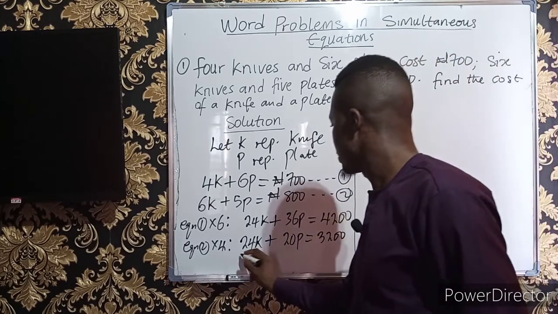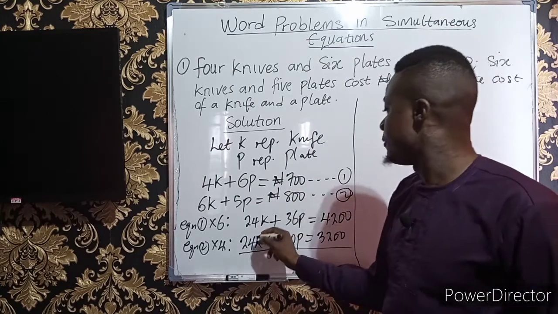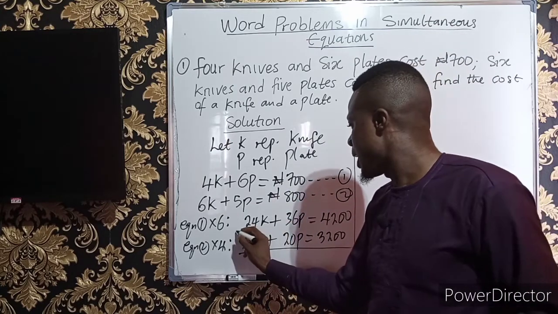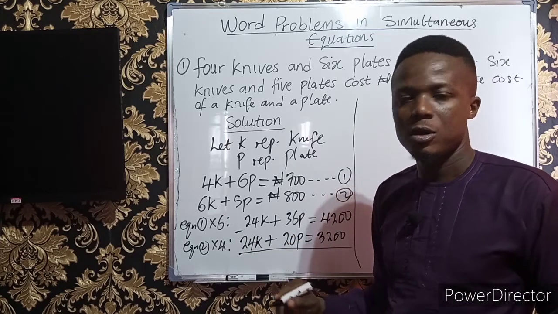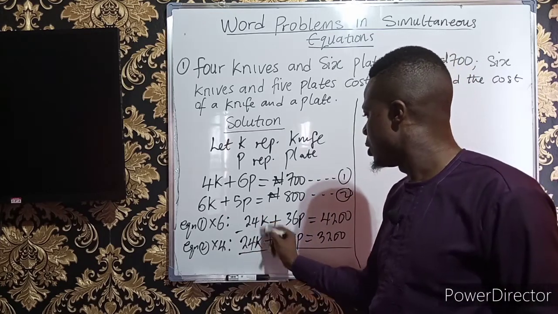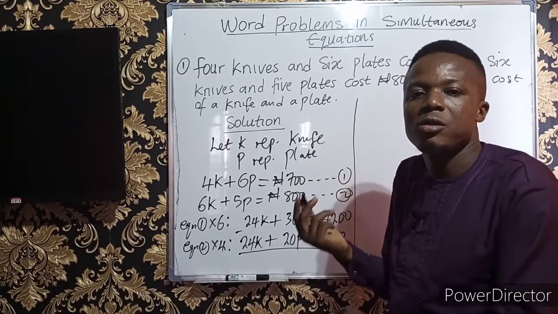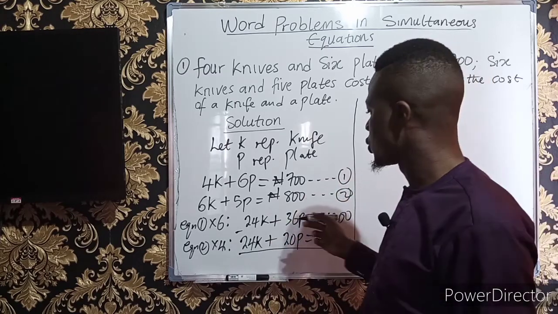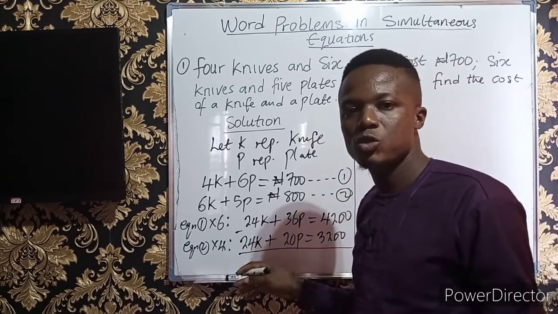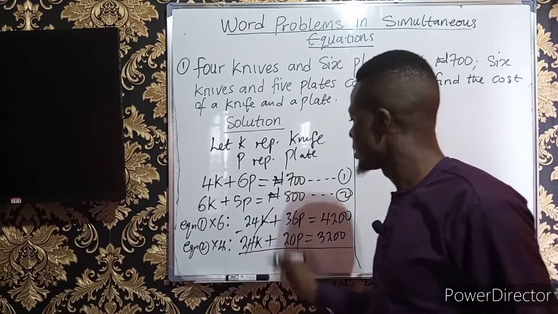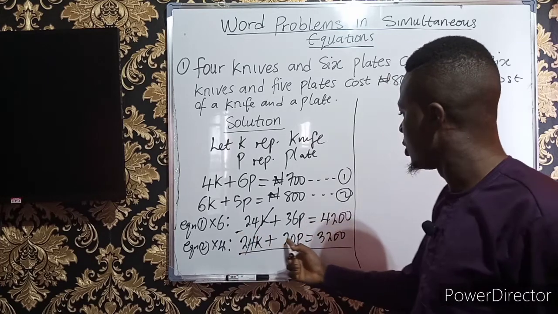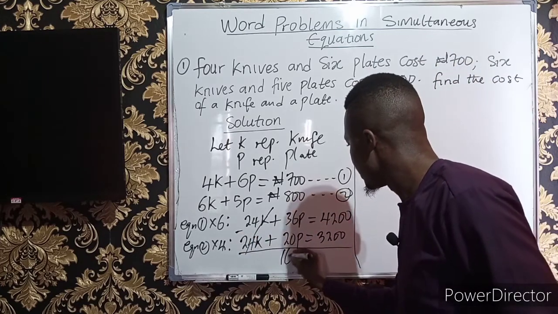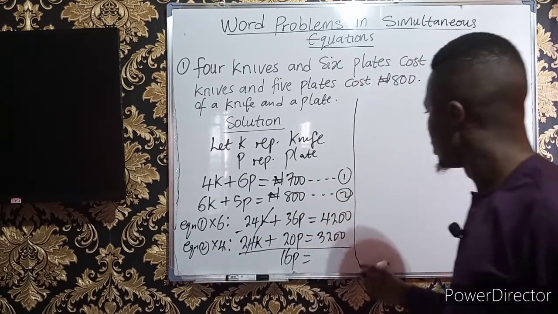Okay, now let us eliminate the value k. And to eliminate, I have to subtract, because when I say 24 minus 24, I will get 0. But if I go on to add here, I'm no longer eliminating k, I'm trying to increase the value. That is why we are going to subtract, because to eliminate means to do away with. So when I subtract k has been eliminated, then I have 36p minus 20p. This will give me 16p equals